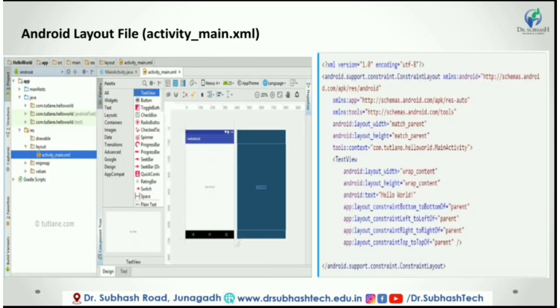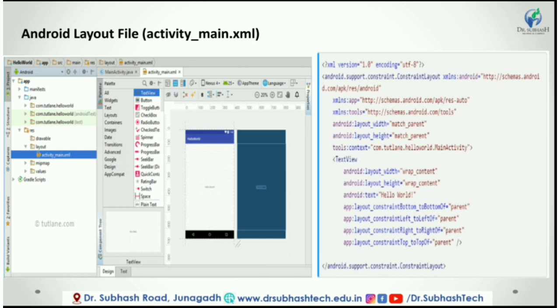Following are the important files which we need to implement an app in Android Studio. First is the Android layout file, meaning activity_main.xml. The UI, meaning the user interface, of our application will be designed in this file, and it will contain the design in text mode.